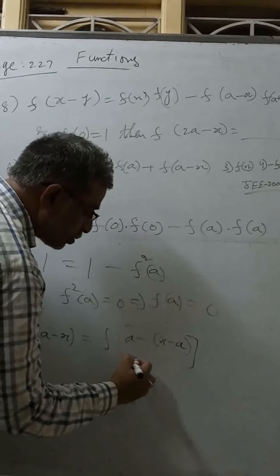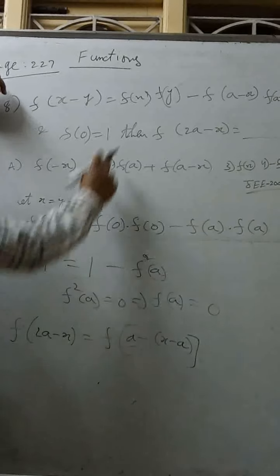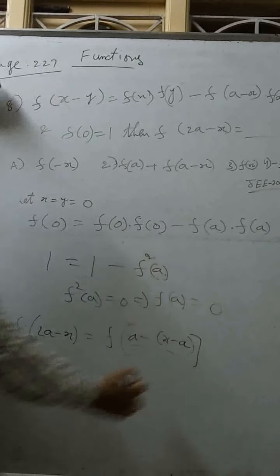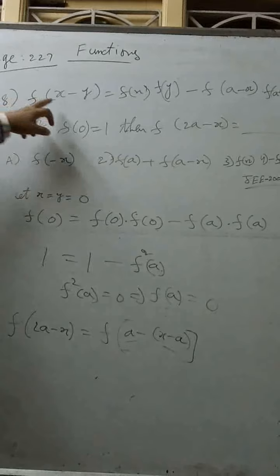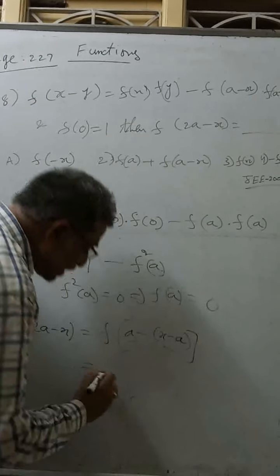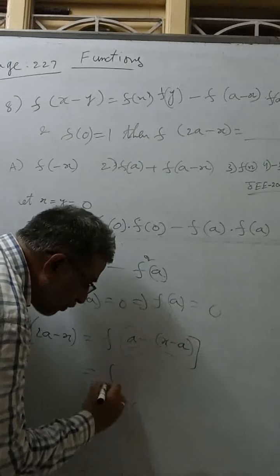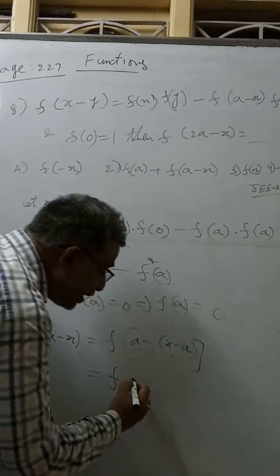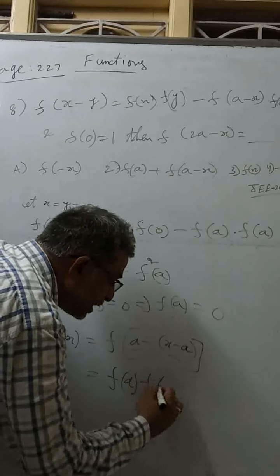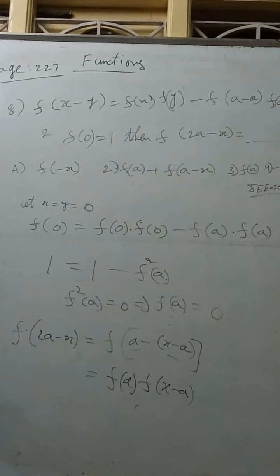So what I want to say is I am taking x as a and y as x minus a. So this is in the form of f of x minus y. So according to the given function, f of x minus y equal to f of x into f of y, means f of a into f of x minus a